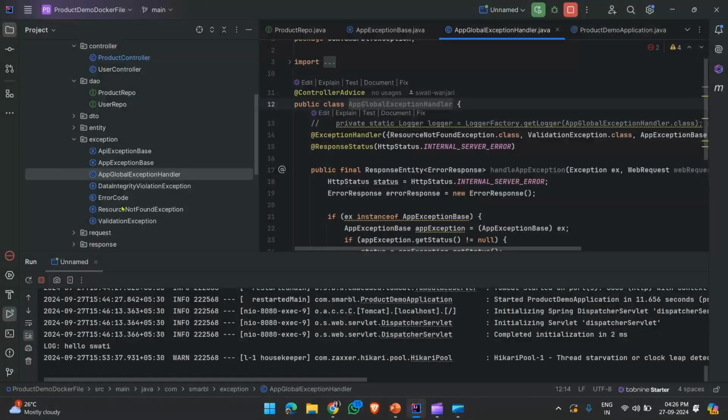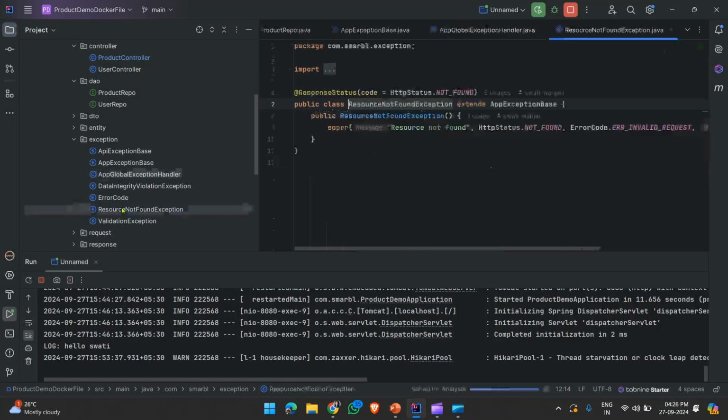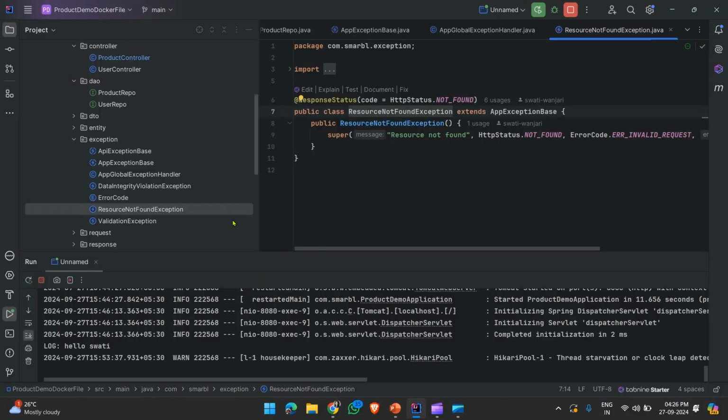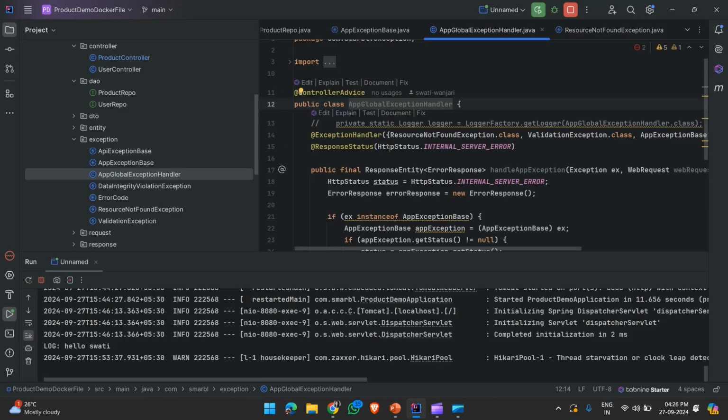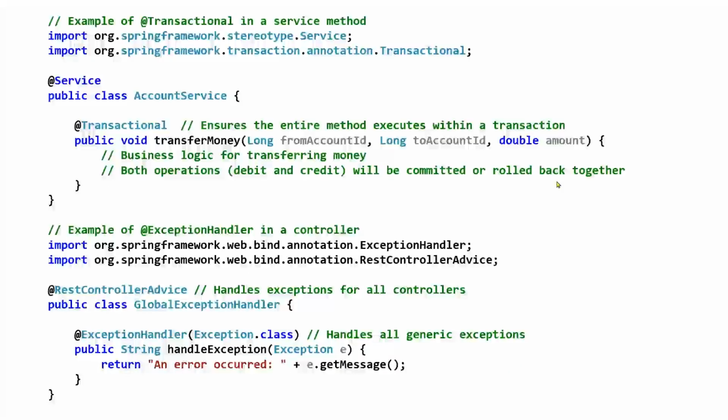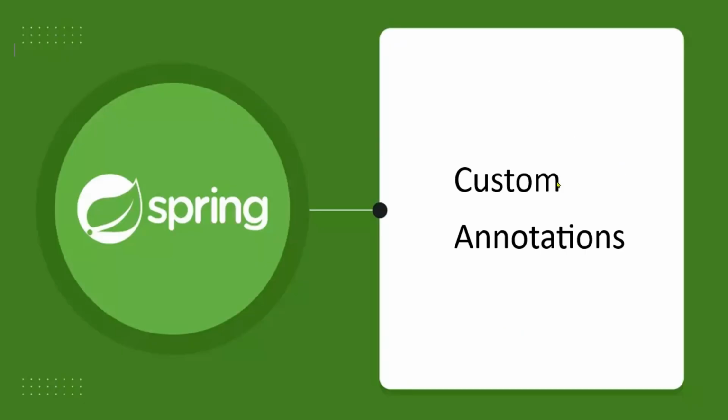So if you are considering this ResourceNotFoundException, which extends the AppException base class, you can define your own custom exception over here. So for this, the exception handler class, @ControllerAdvice and @ExceptionHandler annotations are used. Okay.